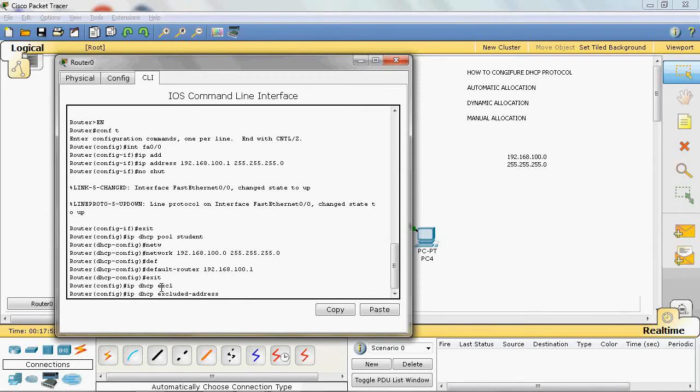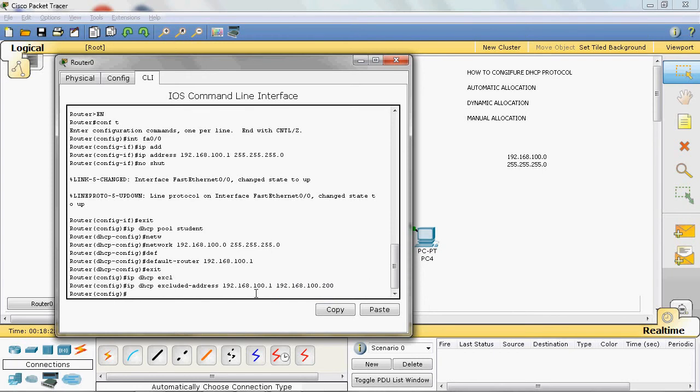In the starting IP address I will give 192.168.100.1 to 192.168.100.200. ip dhcp excluded-address, this is a starting IP address and this is an ending IP address.